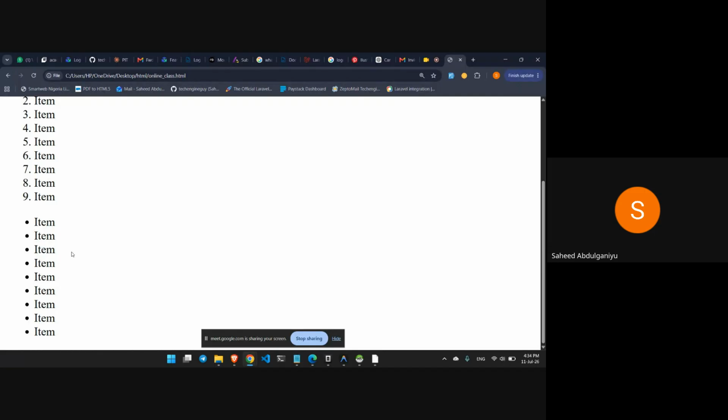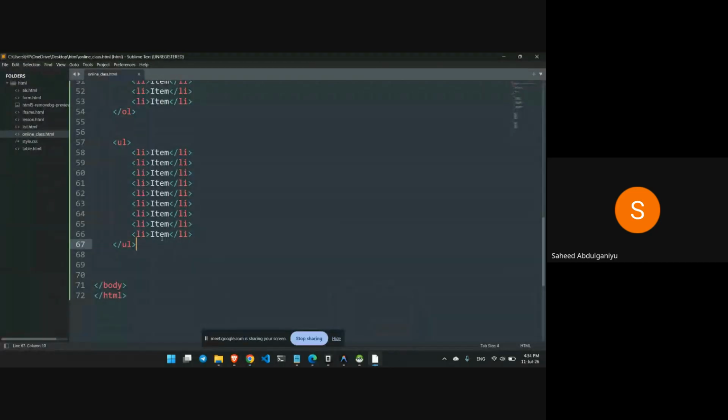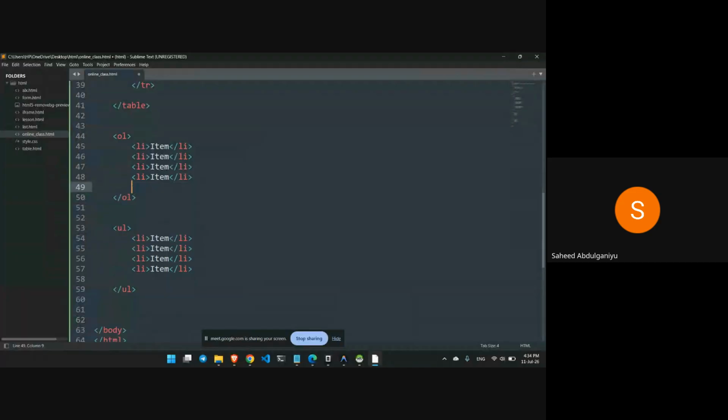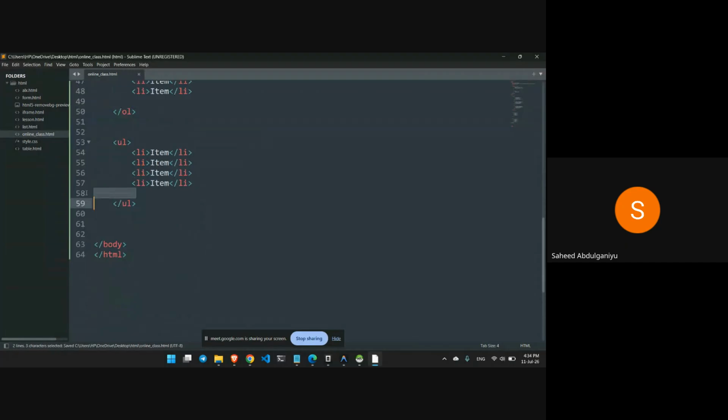And you also have the description list, or definition list. The description list is to do what? It is to define our list in dictionary forms, which let's try to create an example on. On description list, let me minimize this list item so that we don't have much on the screen. So the next one is